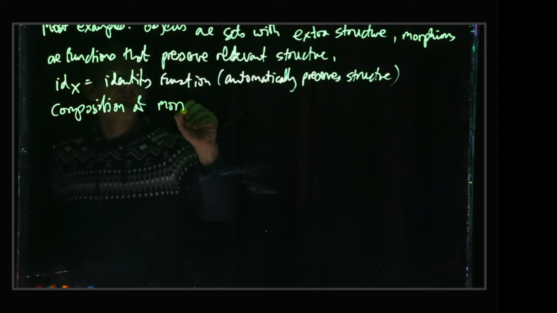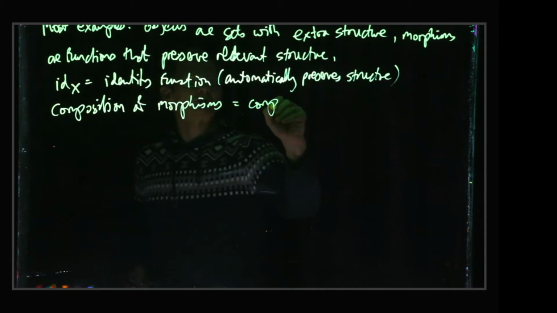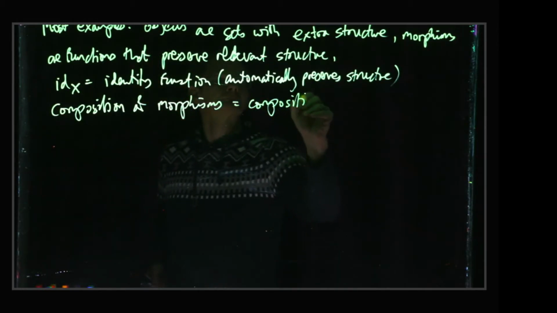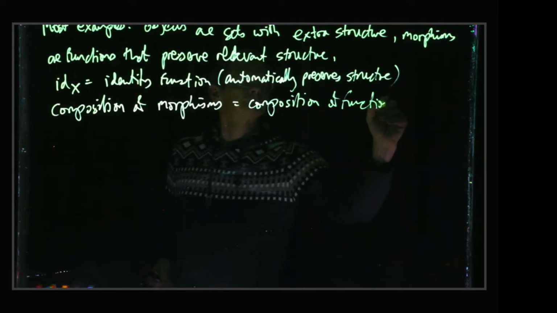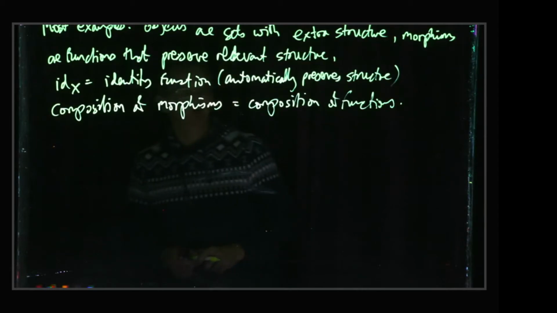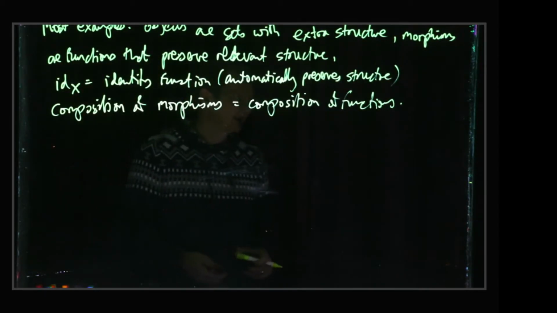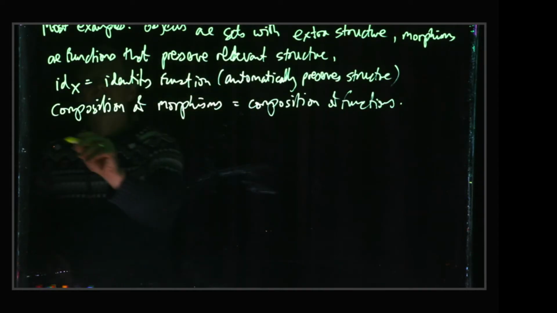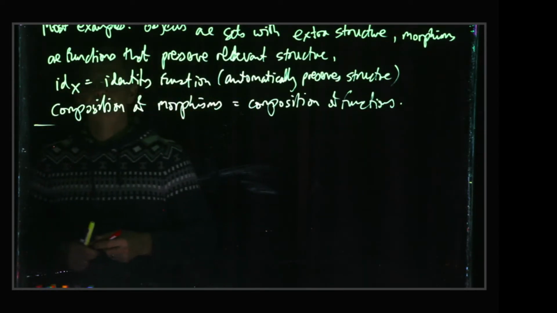and composition of morphisms is composition of functions. And then you have to check that the composite of structure preserving maps, structure preserving functions still preserves the structure. Again, that's typically quite easy. Okay, so